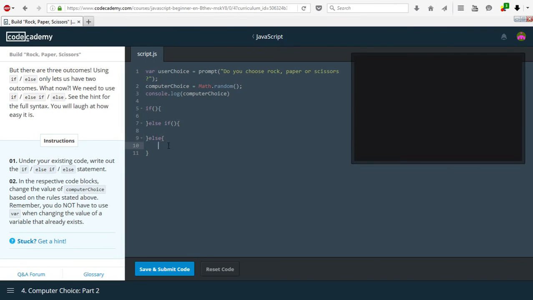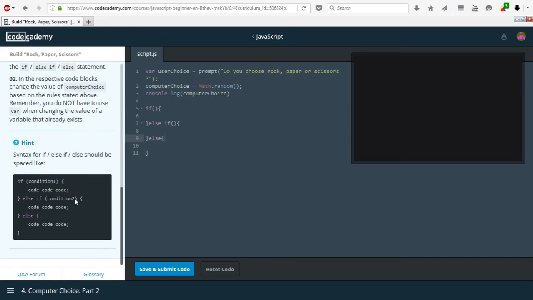Then you just put else and just the curly brackets after it. So let's check if that's the correct code syntax, and yes it is. So that's good. So if our computer choice, I will comment that out, if our computer choice is less than